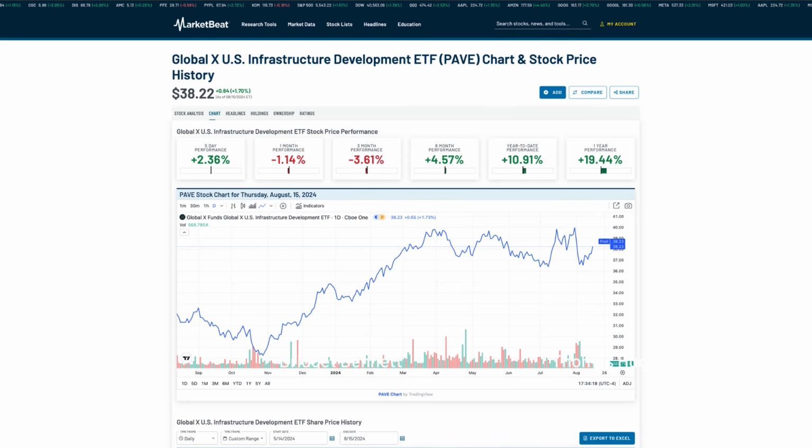This has been taken off since 2020, got even further lift from the Infrastructure Act that passed in Congress in 2021. It's only been actively trading for about 7 years, but the chart just looks phenomenal since 2020. Now, some people would say that all of the growth in this ETF is priced in because the infrastructure spending has already kind of made its way into the economy and that this stock may be starting to stumble a